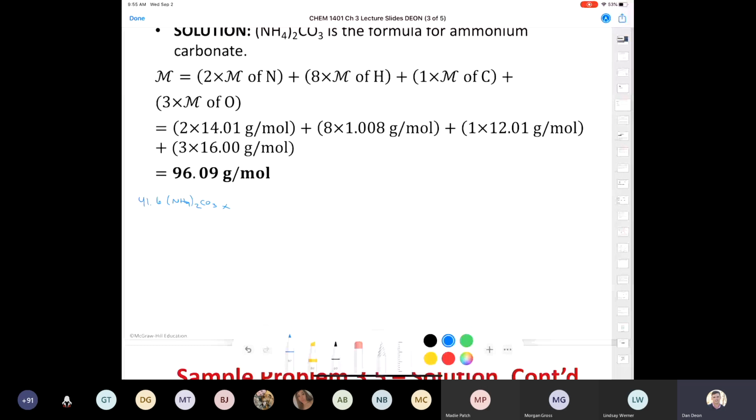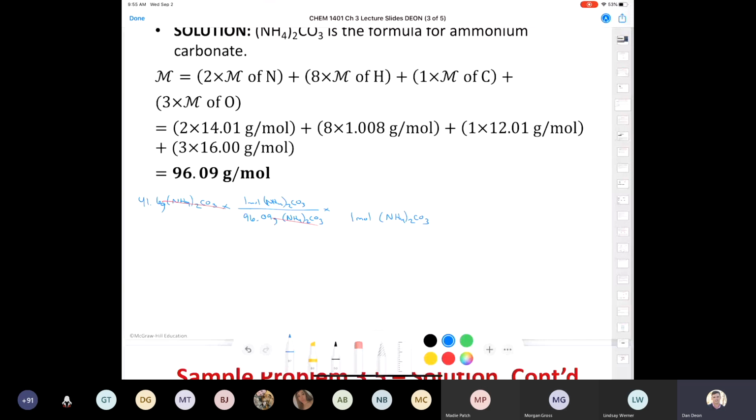Then we're going to multiply that by this conversion factor. I know that in 1 mole of ammonium carbonate there are 96.09 grams of ammonium carbonate, okay? Grams are there. So we're going to eliminate grams of ammonium carbonate, and I've got moles of ammonium carbonate, and I know that in 1 mole of ammonium carbonate,